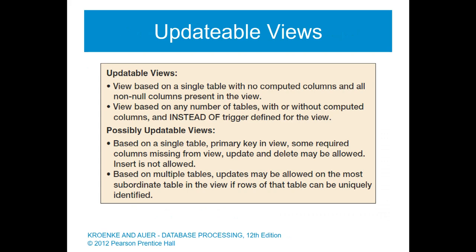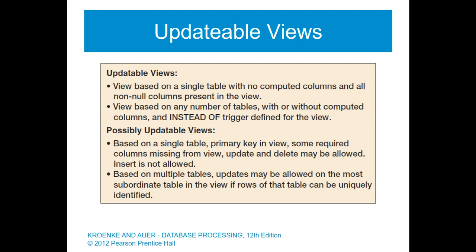Suppose I have access to a view. Maybe it's this customer name view. Can I update? You call an update using the view instead of using the table. And the answer is sometimes. And of course, in programming, we're always a little put off by this sometimes. Sometimes what? Well, there's something called an updatable view, and that's a view based on a single table